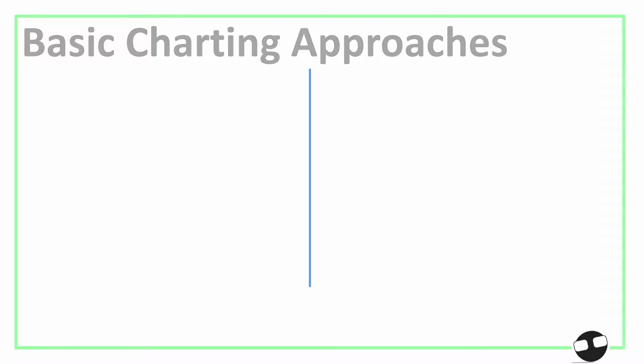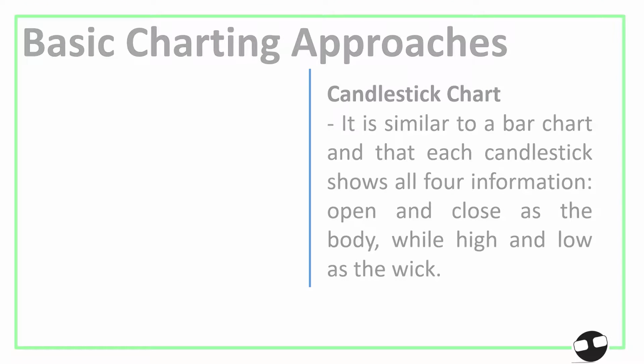So here we have the candlestick chart, also known as the Japanese candle. Now, it is similar to a bar chart in that each candlestick shows all four pieces of information: open, close, high, and low, except that now you can see some psychology behind a specific candle. For example, this one still follows the color coding of a green uptrend day. But here, the lower wick, the bottom wick, is actually longer compared to the upper wick, which would give you an idea that